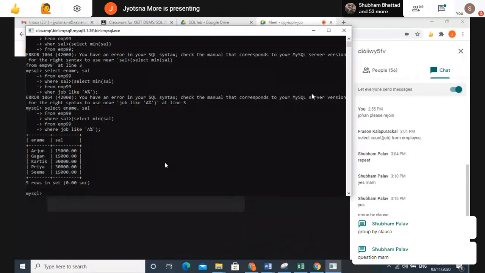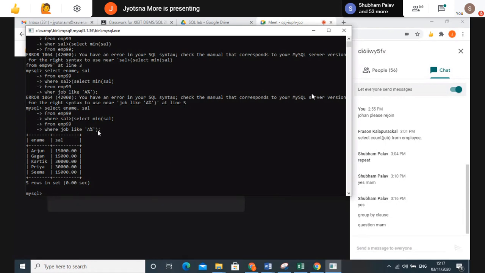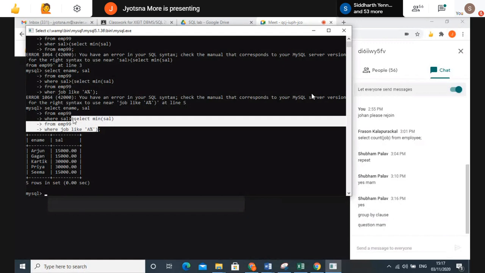So first we have to find out the employees having their job starting with A, and also find out their minimum salary. So I have written this query for that. Select the minimum salary from the table where job starts with A. Correct? So this part is clear.